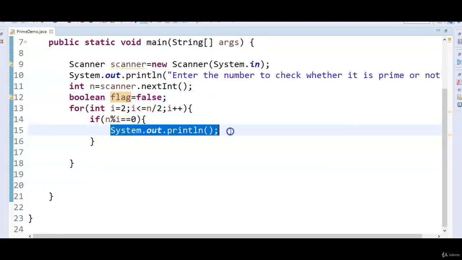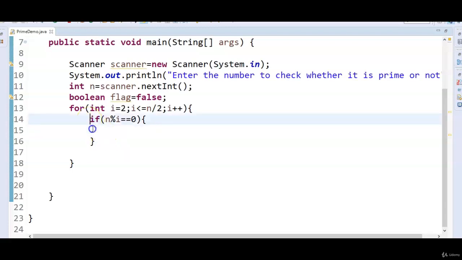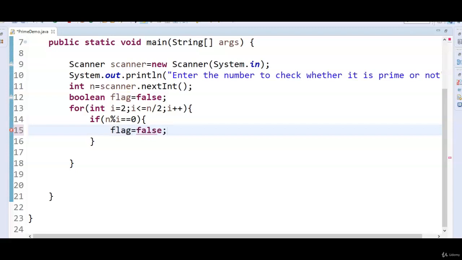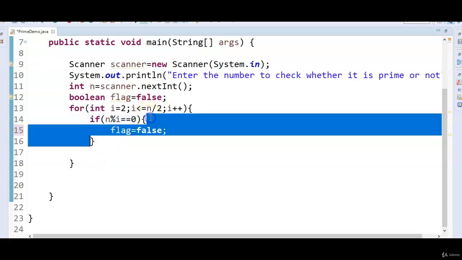So if n percent i equal to 0, what does it mean? That means the number is divisible by 1, itself and one more number. So in that case only we'll come into this condition, and we will say flag equal to true.